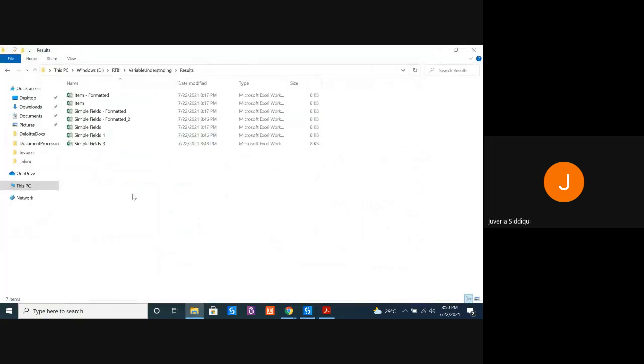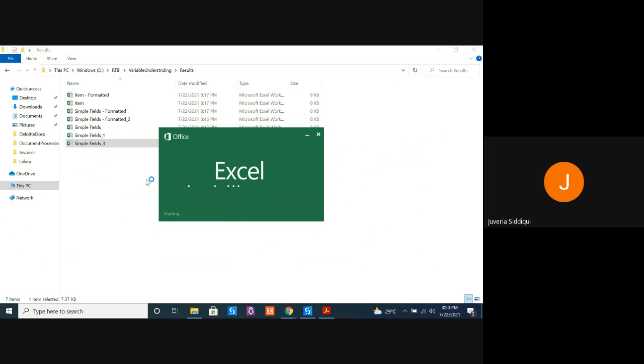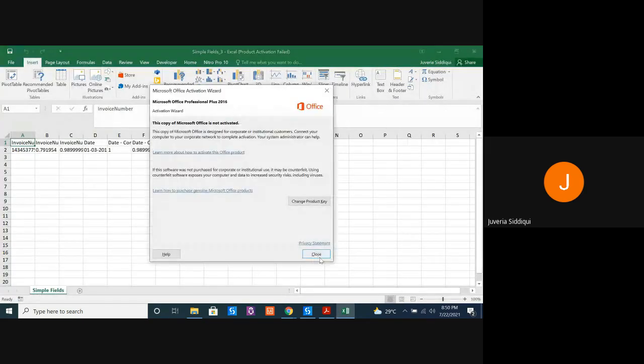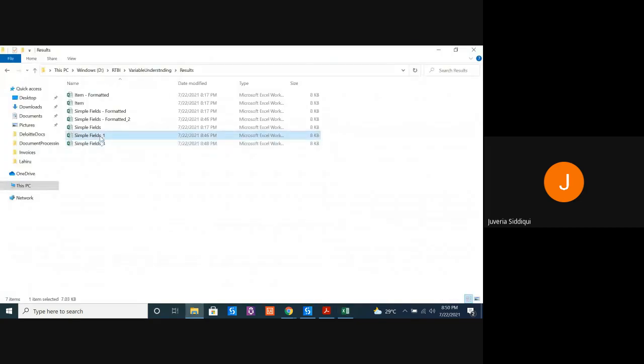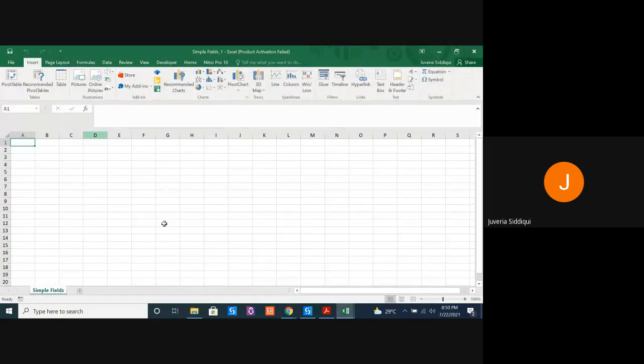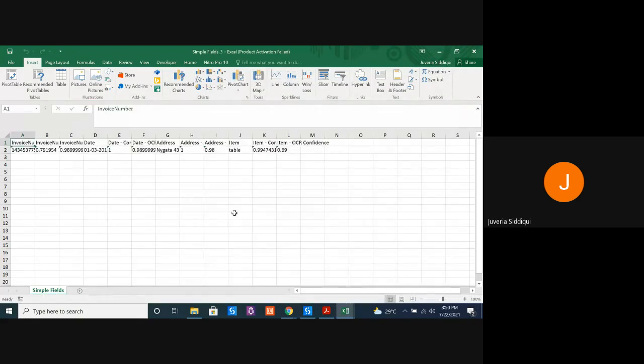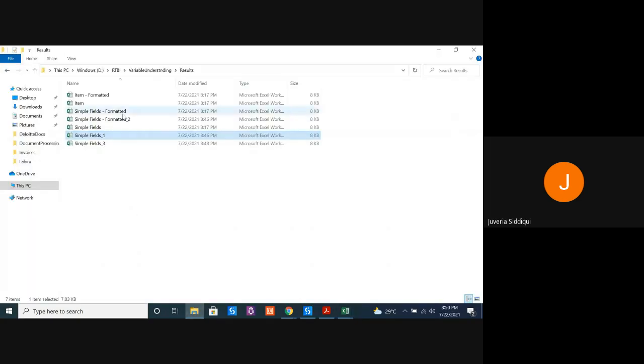Let's see our results. So let's start with simple fields 3. Let me wait. Let me open all of them. So it did not extract our multi-page second document. It only extracted the first.